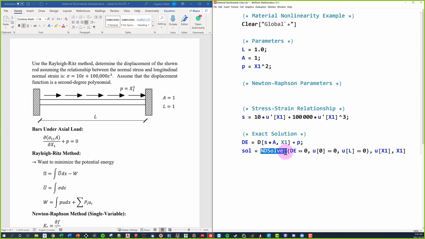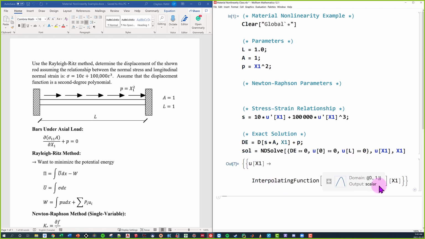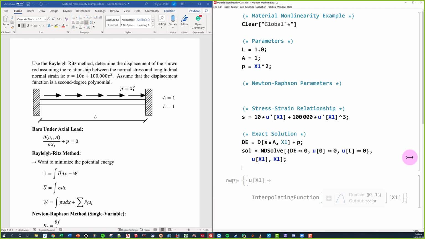So when we're dealing with these nonlinear things, and things are actually quite complex, we should add an N before this. It's exactly the same as in the elements, where instead of using Integrate, we had to use NIntegrate. Hopefully that makes sense to you guys. But if I were to run this now, it should be good to go. We get our function. So even though it doesn't look like we have our function, this is good. This is actually our function. So I'm going to store this function now as u exact. So u exact is going to be equal to u of x1, specifically when solution of 1.